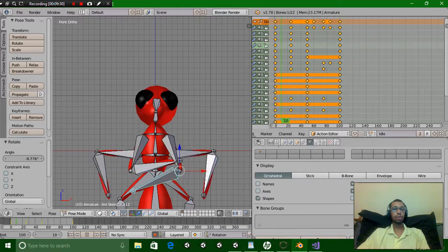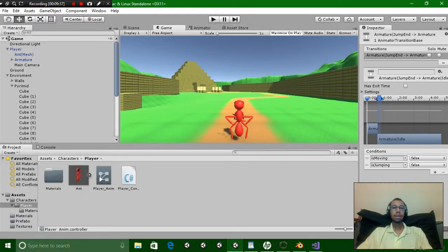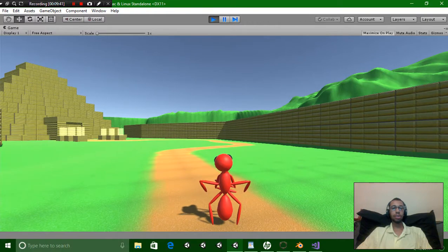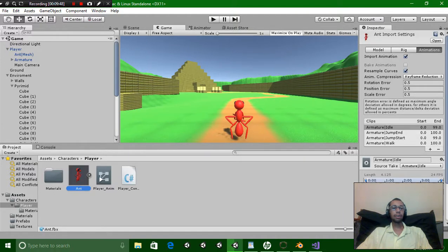Yeah, that looks pretty cool. Okay, so we just updated it. I'm going to press play, head back over into Unity. I'm going to press play one more time, just so you guys could see what the idle animation looks like. So that's what it looks like right now. Now what we need to do is we're going to select our ant